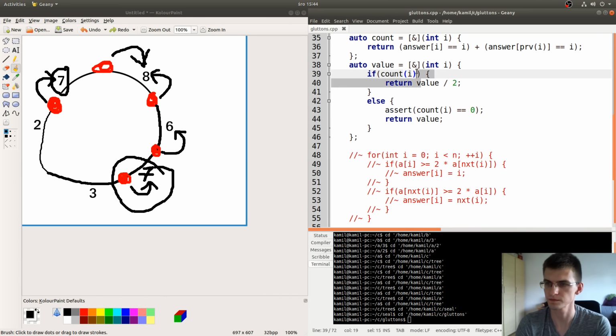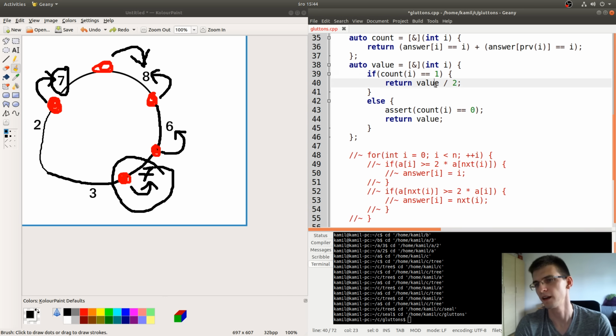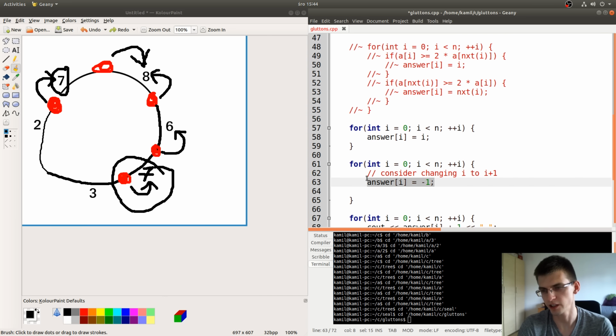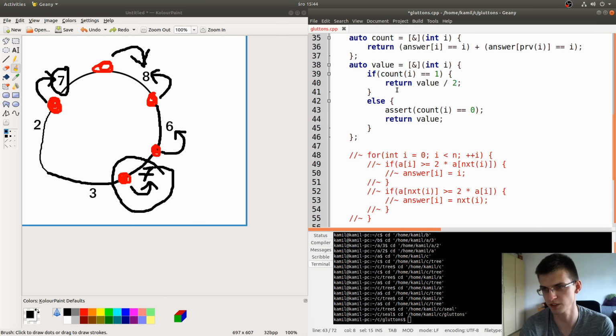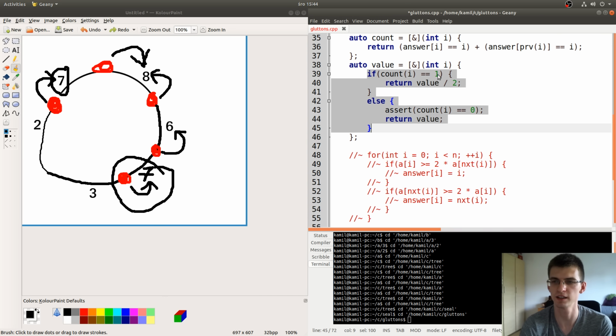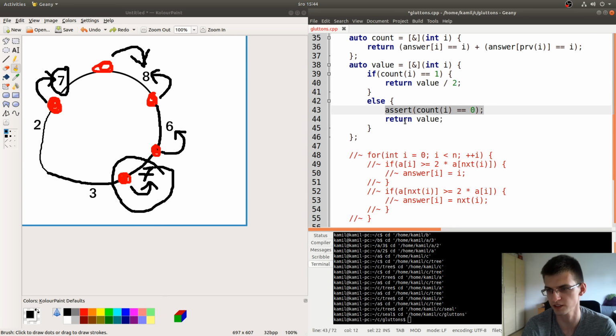So here we guaranteed that the cake we will consider taking isn't right now taken by this person. So it can be taken by at most one person. So this is why here I only consider that the count is 1 or 0. It's impossible that it's 2. This is why I put an assert here.